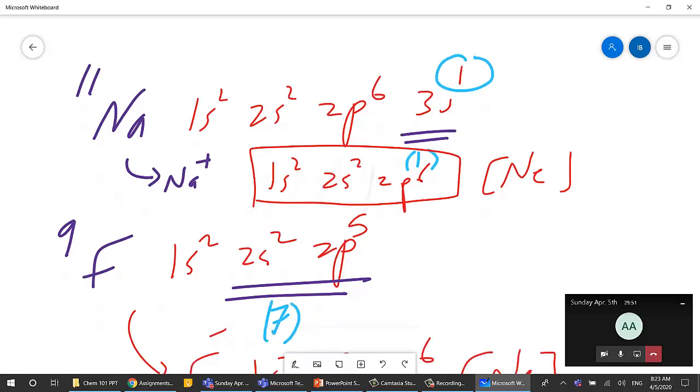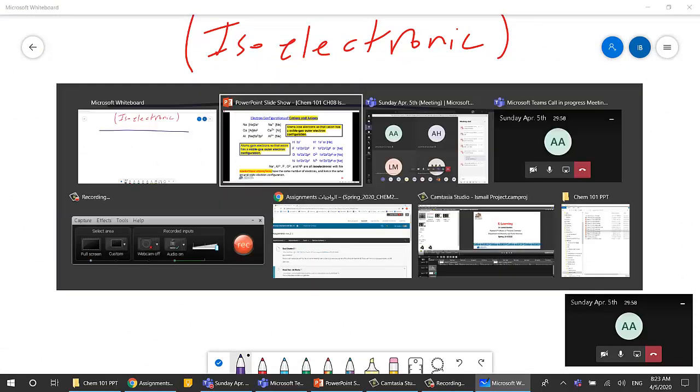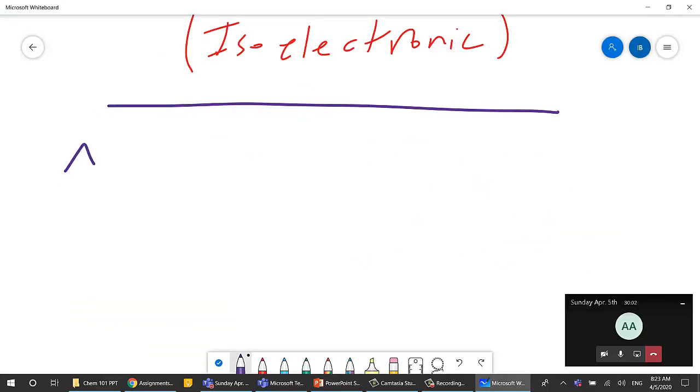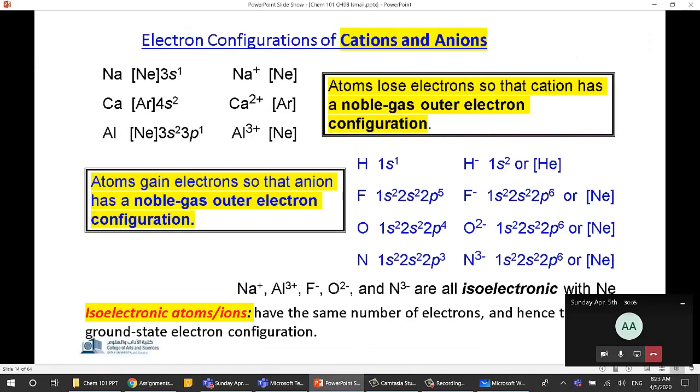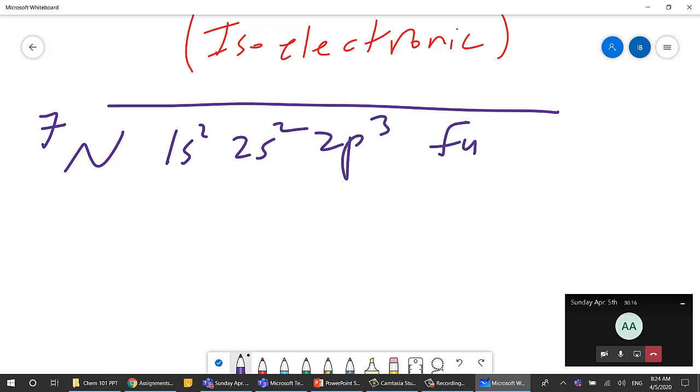So I'm going to explain this with another example. Let's say that you want to do nitrogen. Nitrogen has 7 electrons in the base level. So it's 1s2, 2s2, 2p3. This is called the full electronic configuration. But if you look at the periodic table,